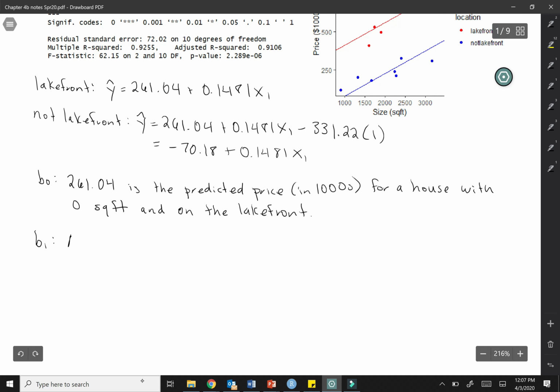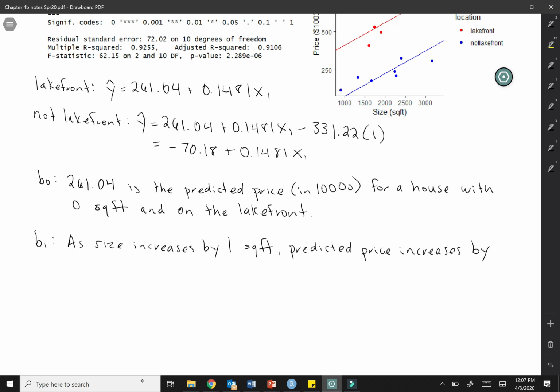So we would say as size increases by 1 square foot, the predicted price increases by, I'll go ahead and multiply it out this time, basically $148,